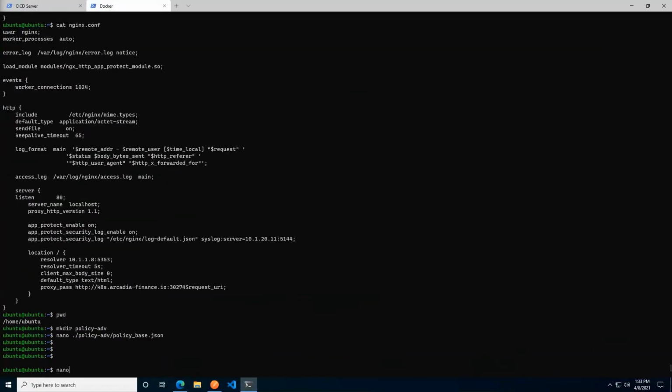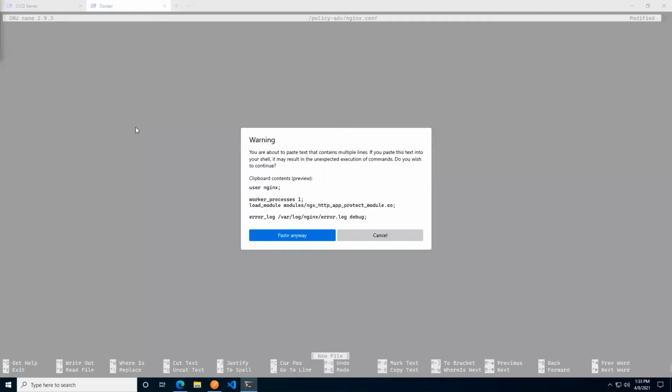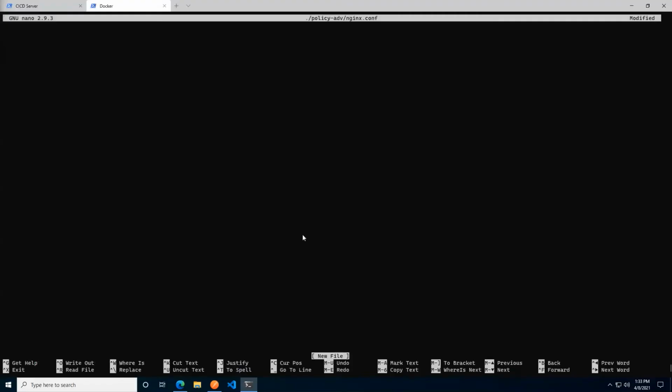So I'm going to go Nano, and the path would be policy advanced nginx.conf, like so. And then I'm going to go ahead and simply paste in my content. There we go.